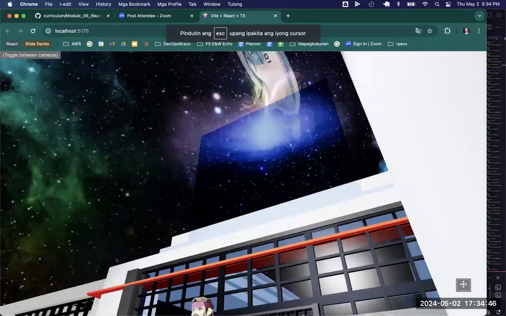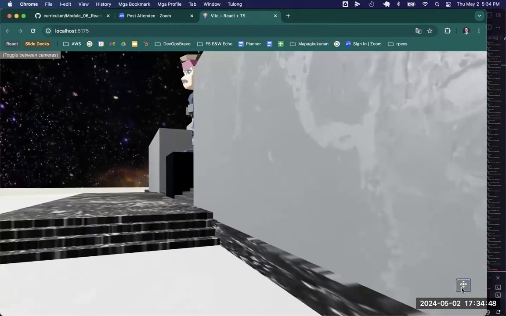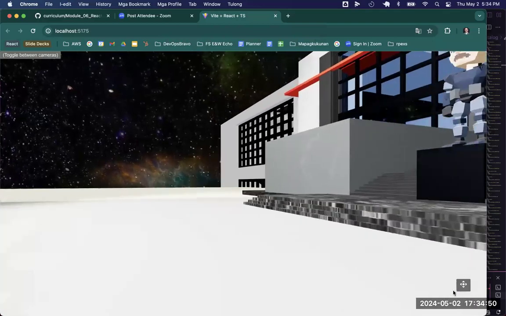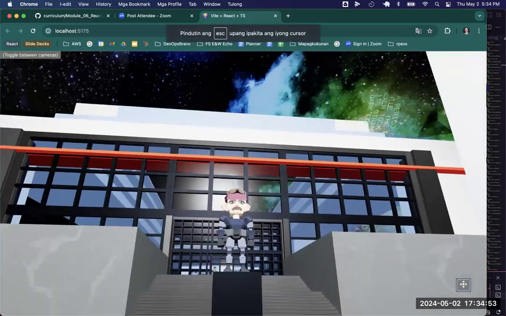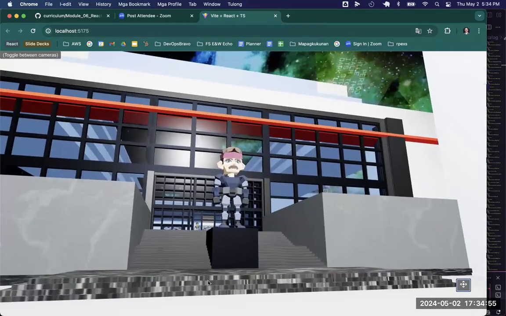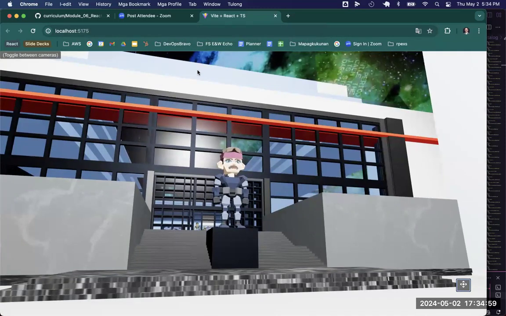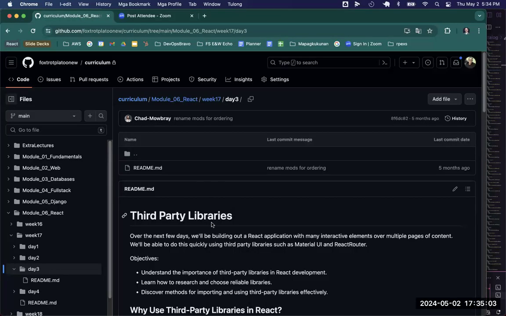And React components work really well with Three.js. So we'll take a look at how to set up a scene just like this and how to integrate that with Material UI. But for now, let's switch over to